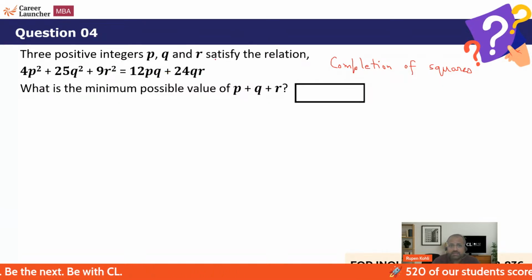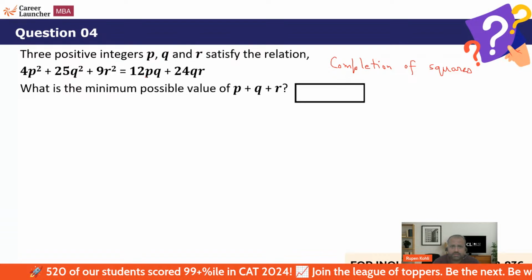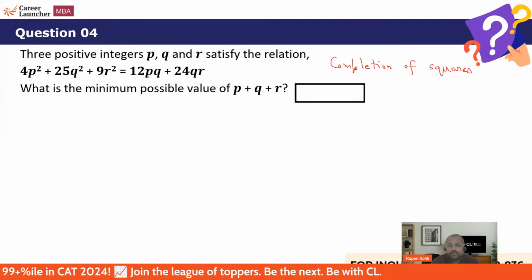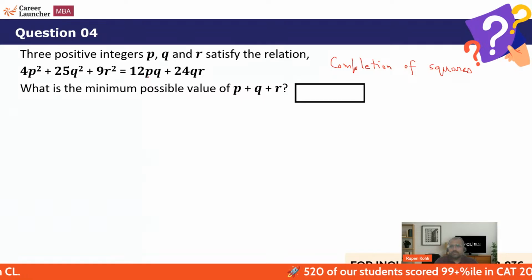They are positive integers, they satisfy this relation. So you just have one equation involving three variables. Obviously, you cannot solve for anything at all. You just have this, and you are asked for the minimum possible value of the sum of the three variables. So whenever you see such an equation, a single equation, the first thought related to it should be